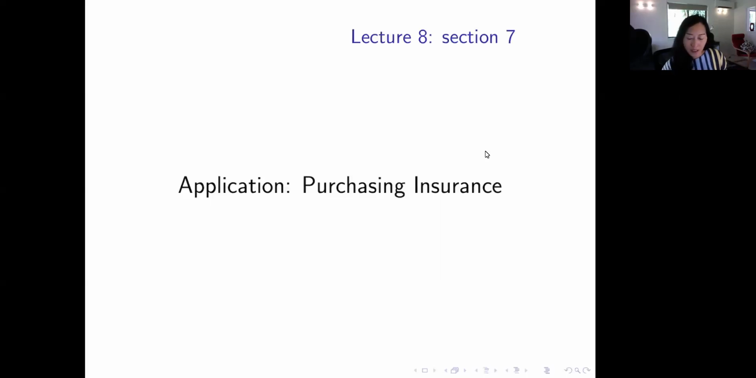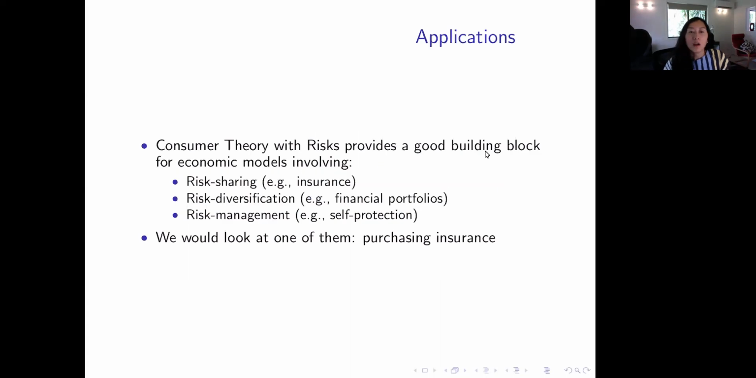Okay, now we are in our last section of section 8, and we will be doing the application of purchasing insurance. The consumer theory with risk provides a good building block for economic models involving risk sharing, risk diversification, and risk management. So we will be looking at one of them, which is purchasing insurance,